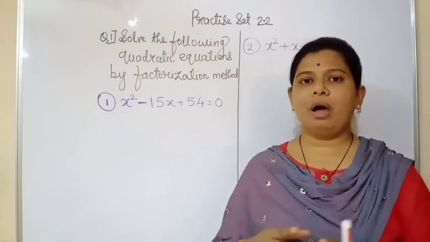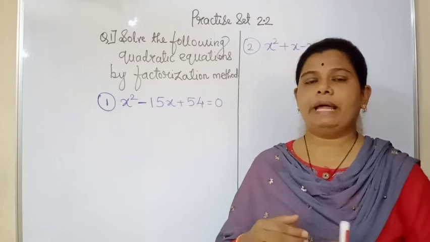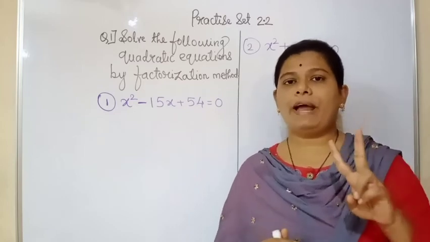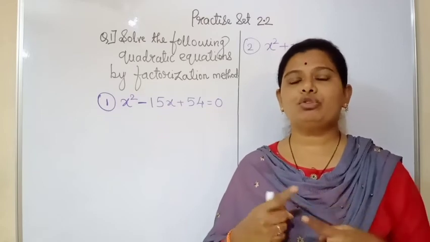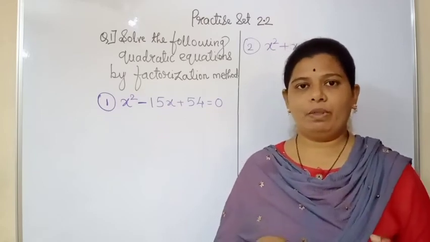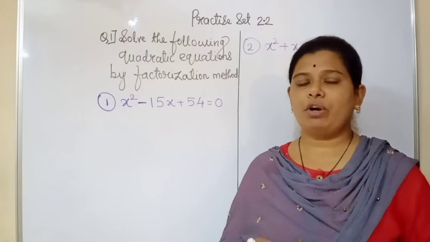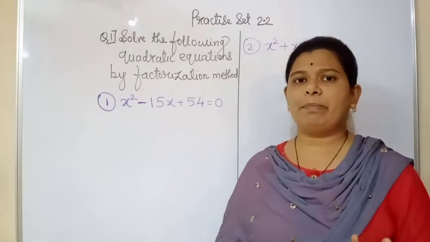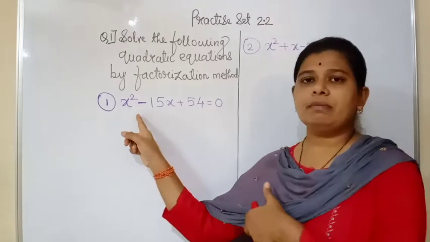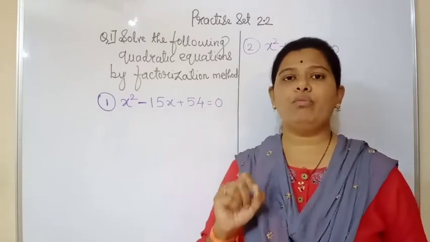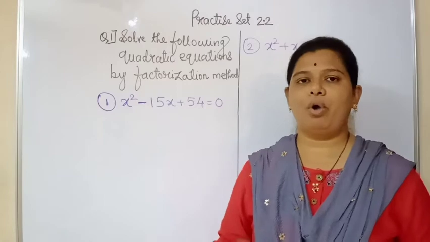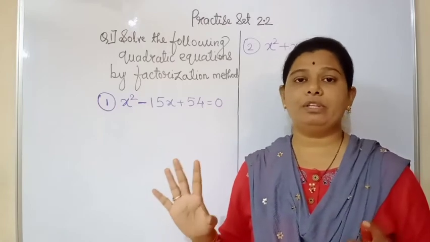Now the question that remains is that of sign. The two factors we have got, 6 and 9, which sign should be given to these factors? To give the sign, you always have to keep in mind that if there is a minus sign on the middle number, we have to give the minus sign to the bigger number. Always keep this one thing in mind.